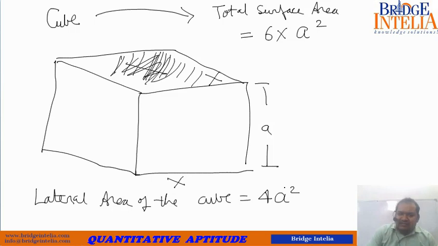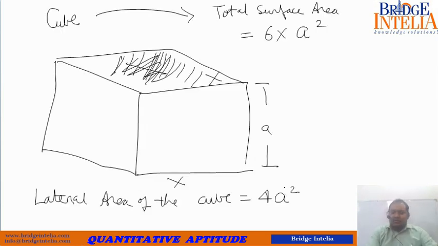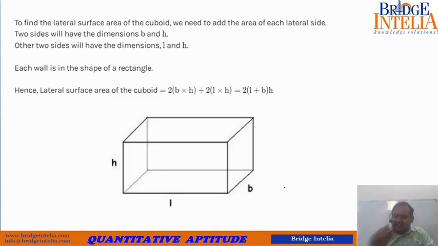Now let's understand what the lateral area of a cuboid should be. The lateral area of a cube is easy because length is equal to breadth is equal to height. So you need not strain your brain too much because it's easy to grasp. But when it comes to a cuboid, you have to be sensitive and careful. Now let's see lateral area. The order matters, the height matters. You have to be very clear what the height is.